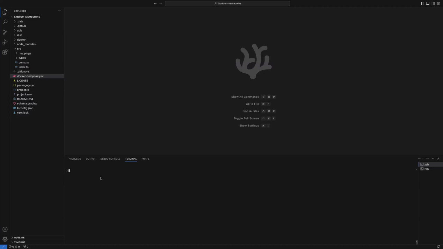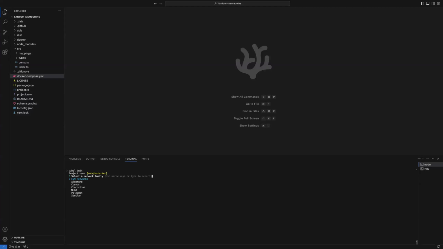If I just type subql init, I would be able to fetch a template for your Fantom SubQuery project.